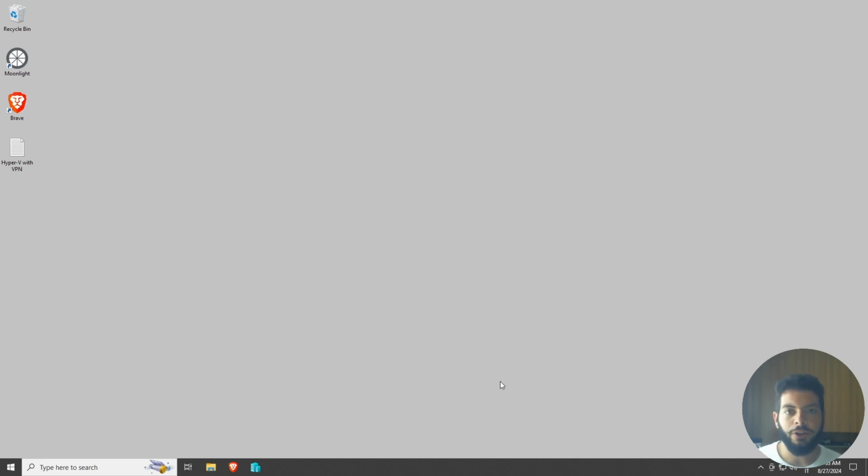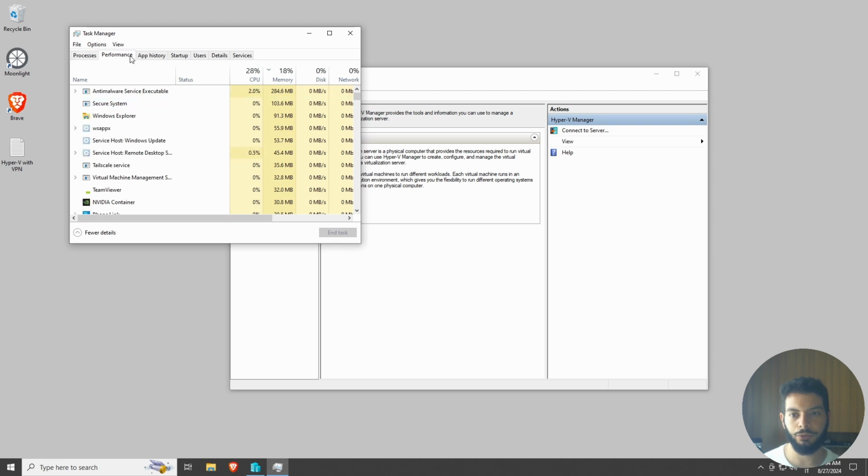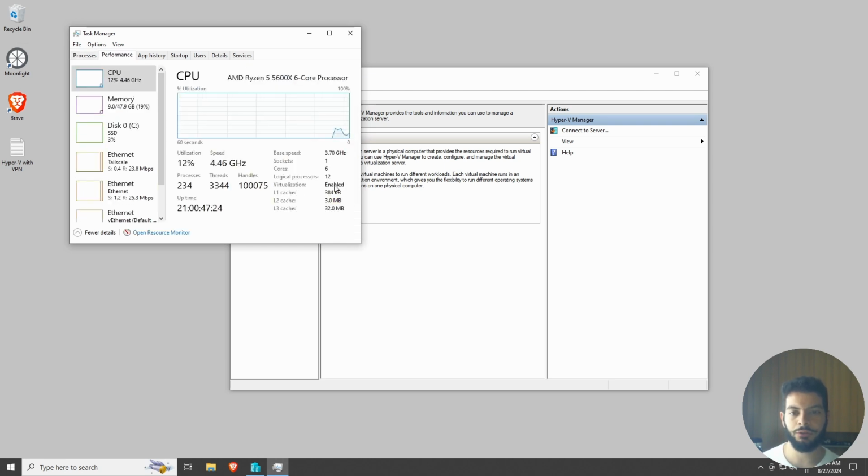And we are on a version of Windows that allows us to create virtual machines because we have this program called Hyper-V that allows us to create virtual machines that also host other kinds of operating systems. But in order to have this working, you have to do two things. The first one is to enable virtualization in the BIOS. So it is the loading screen that comes before the operating system. As you can see, I did already, and here we have enabled.